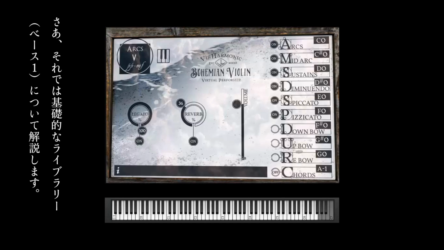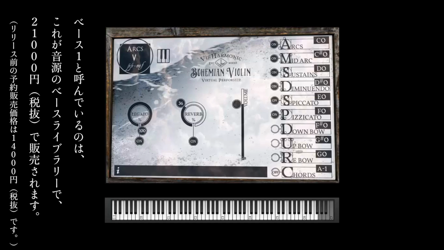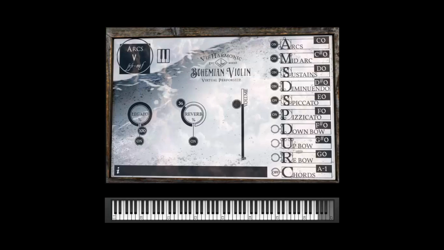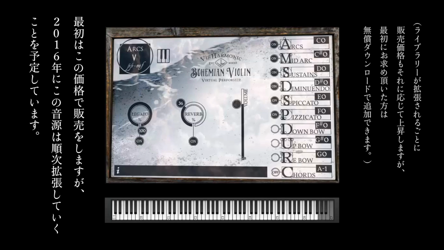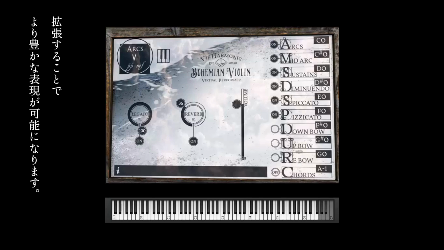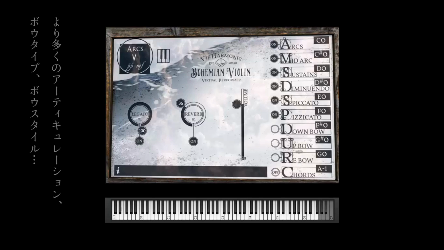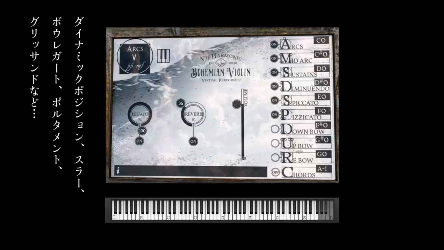Okay. Now we've seen what's in the base 1. The reason why I call it base 1 is because this is the base library. We're launching this at a pre-order price and a 149 euros retail price. What you get in that is not just the instrument itself, you're also getting the expansions coming in 2016. We have a long list of expansions: extra bow types, bow styles, articulations, dynamics, positions, types of slurs, yes, on-bow legato as well,